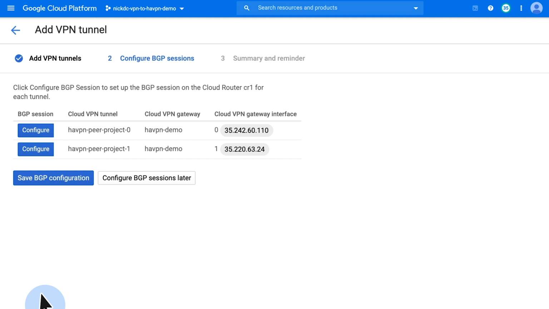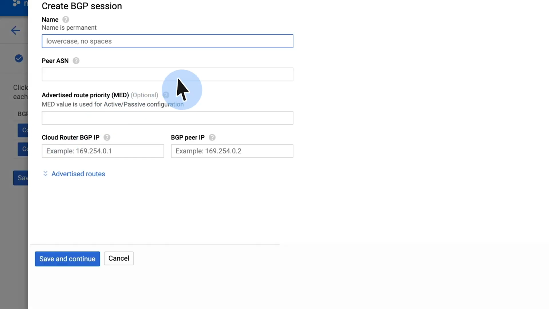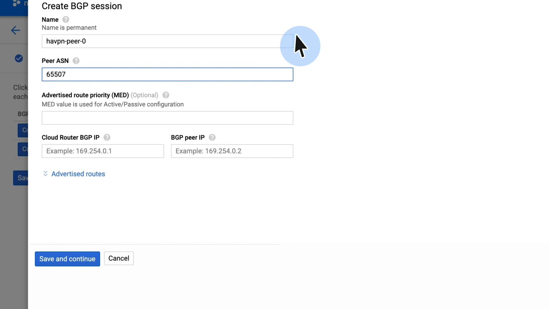On this page, we'll create the BGP sessions. I've already created exactly the same thing here in my other project, so I'm only going to do it here. Let's click Configure and give it a name. So in my example, it's HA VPN-peer-0. Peer ASN in my case is 65507. And now for the route priorities, it'll be a little bit different than the previous example because policy-based routes have a default priority in Google Cloud of 1000. So let's create a route priority that's higher than the policy-based route, so a lower numerical value, as you recall. So I will enter 100, which is lower than the 1000,